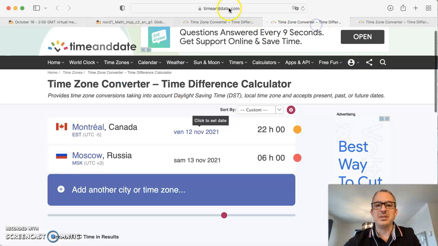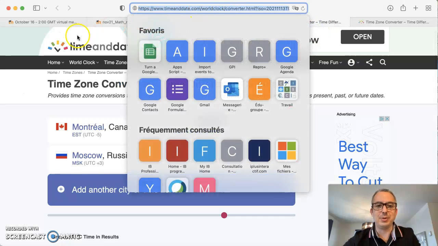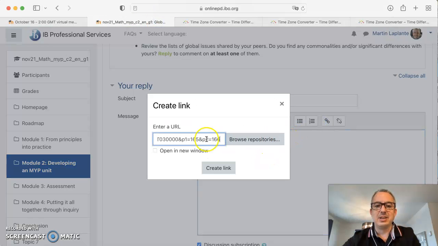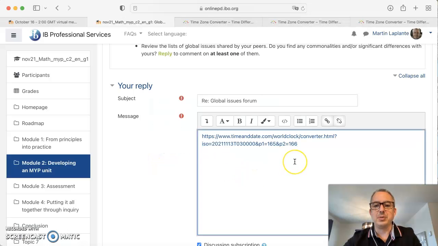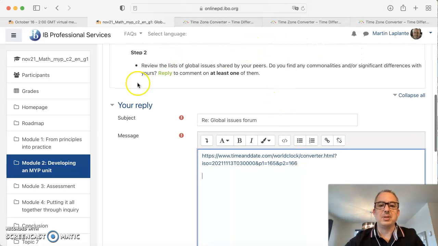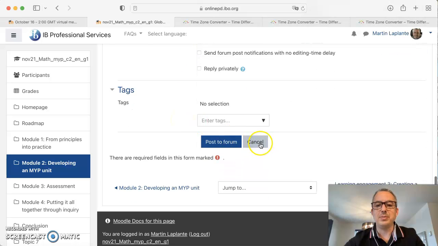So for instance, if I would use my time and date converter, I would want to add that as a link. I can also click to open in a new link window. So here would be the link, and then I could also answer what is asked. So this is what I would ask from you. Then I will cancel it for now.